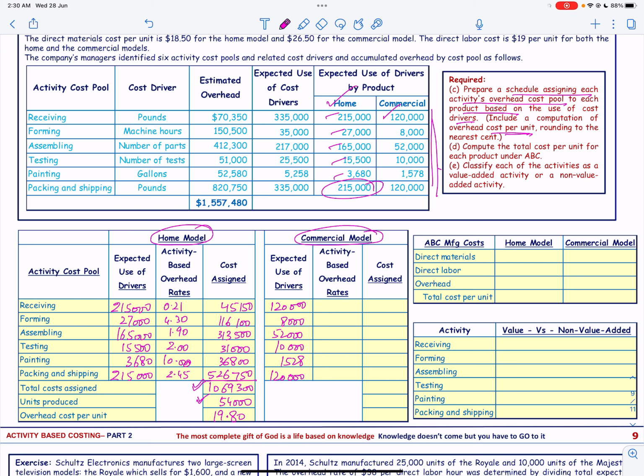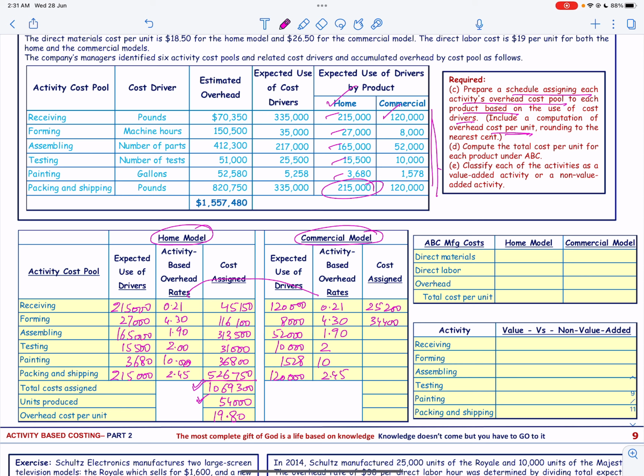Then we apply the same overhead rate, that is 0.21, 4.30, 1.90, 2, 10, and 2.45, and this one again we multiply, and this will be equal to